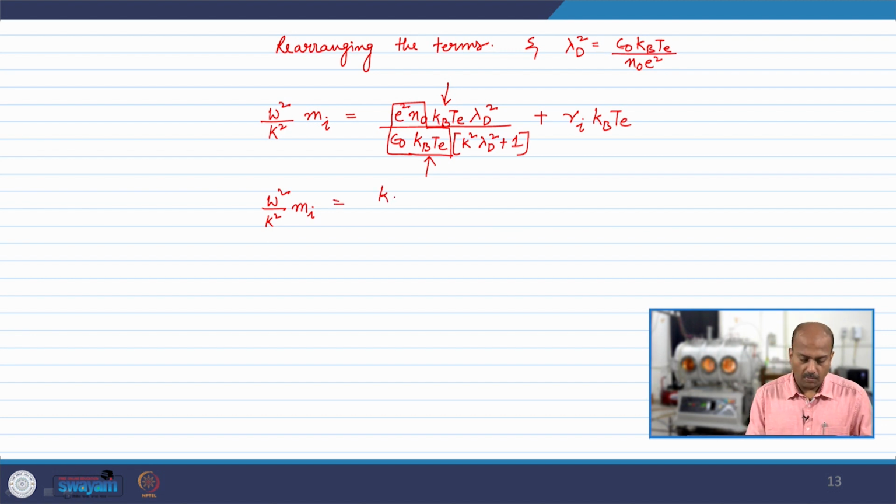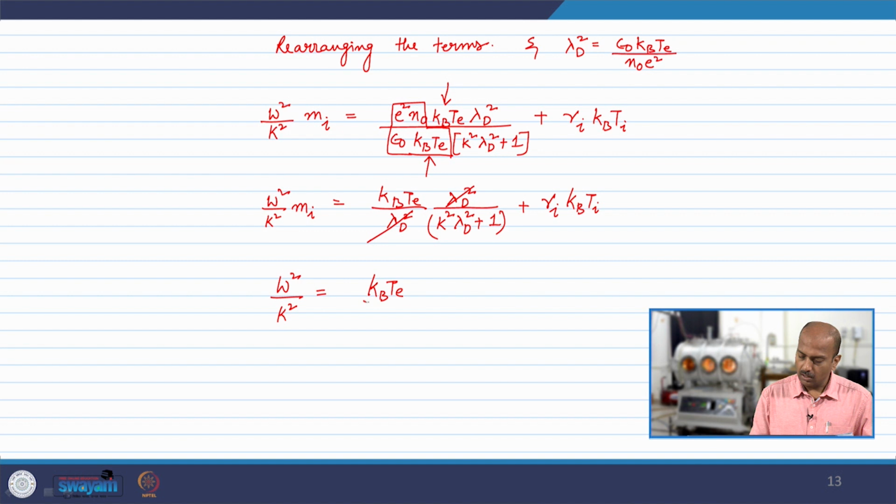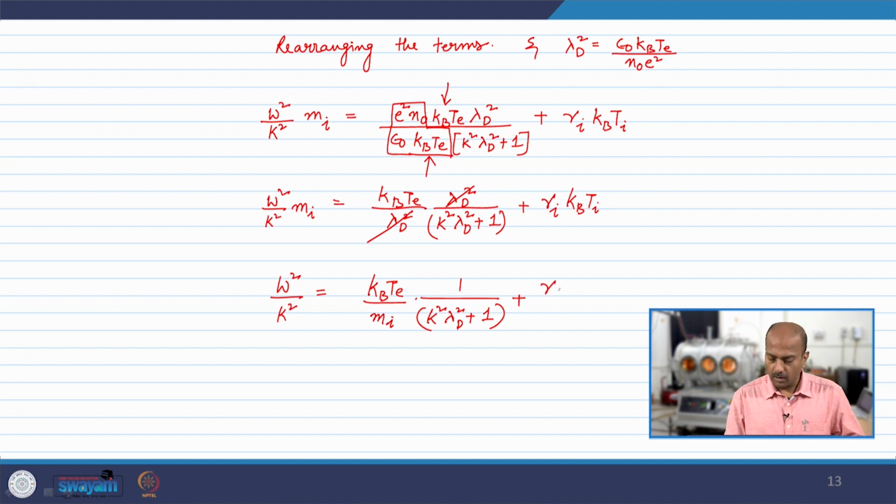So this is k_B T_e by lambda d square times lambda d square by k square lambda d square plus 1 plus gamma_i k_B T_i. So this gets cancelled. So omega square by k square is equal to k_B T_e by m_i times 1 by k square lambda d square plus 1, plus gamma_i k_B T_i divided by m_i,